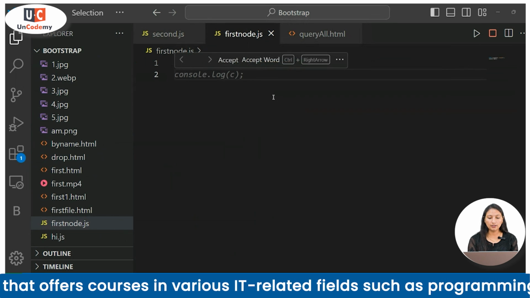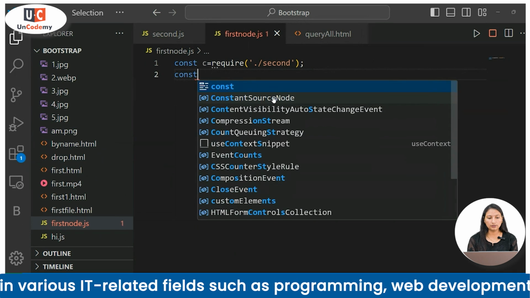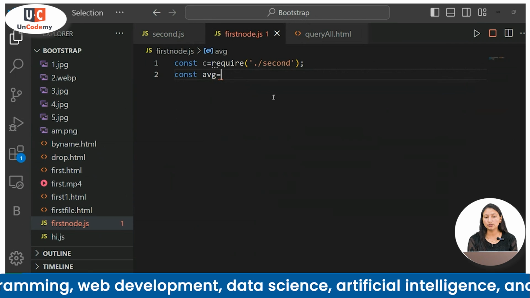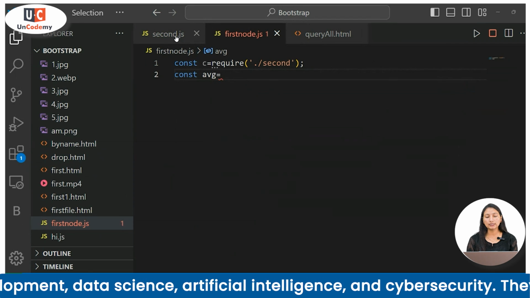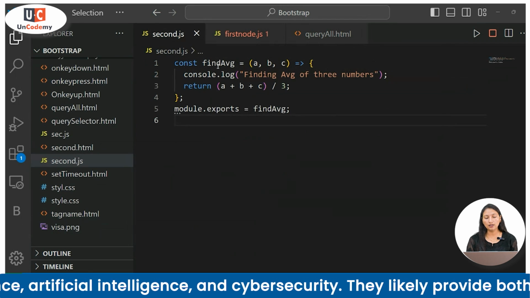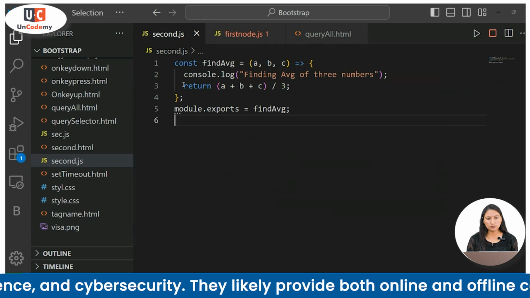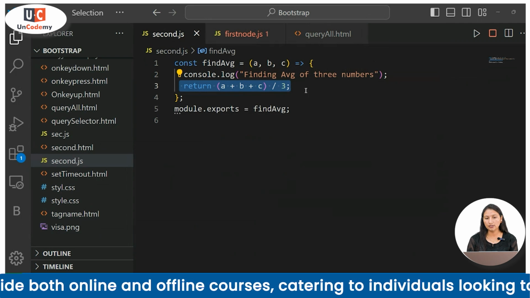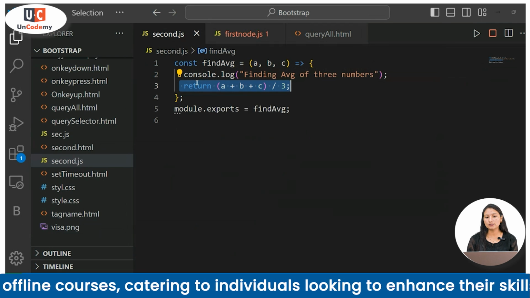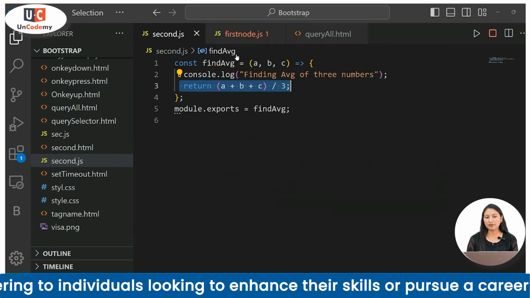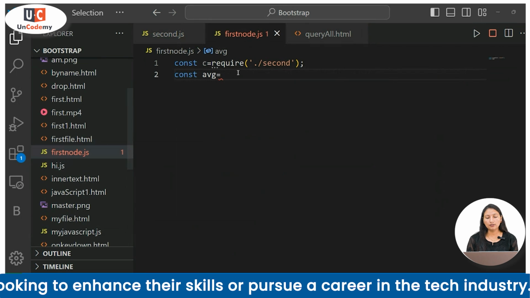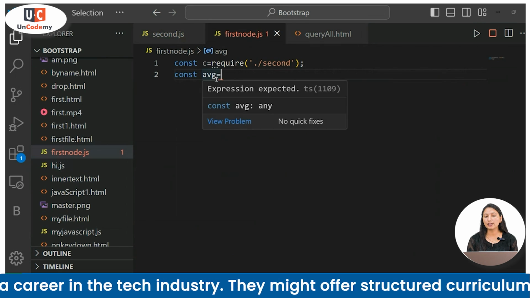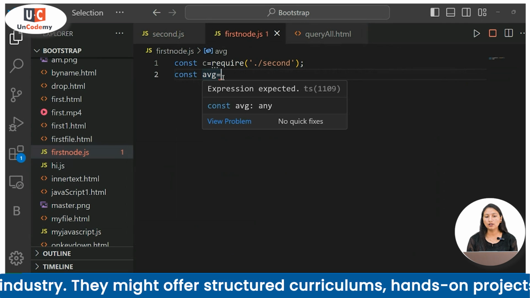And after that you have to use a different variable. For example, avg, this is a user defined variable. Why do we use it? Because in the second.js file you used return (a + b + c) divided by 3. So if you use a return statement in the user defined function, then you have to use the avg user defined variable to store the value of the average.